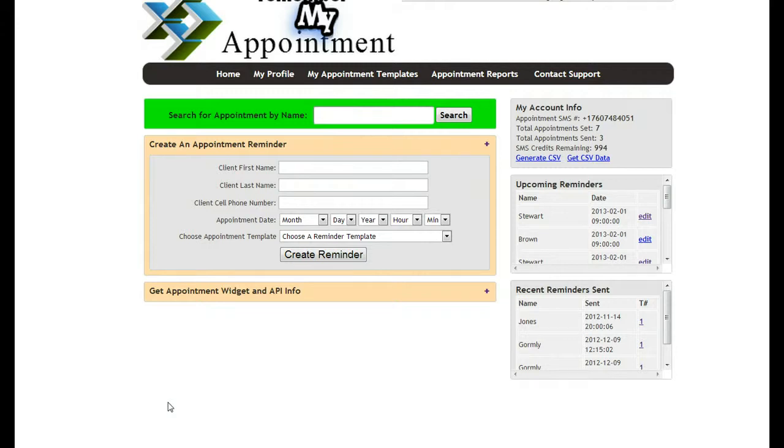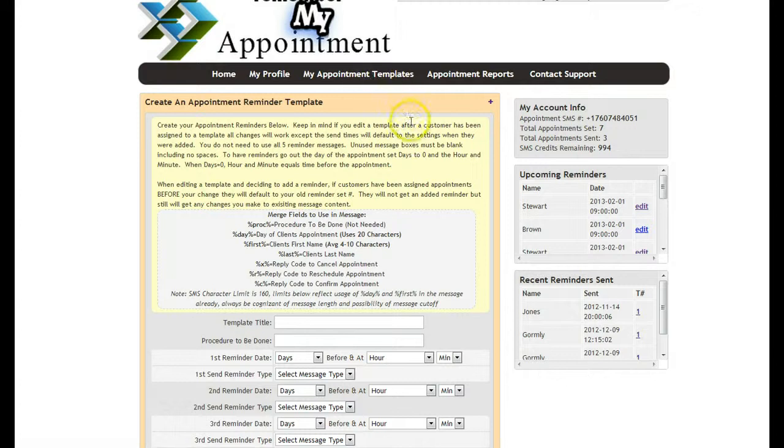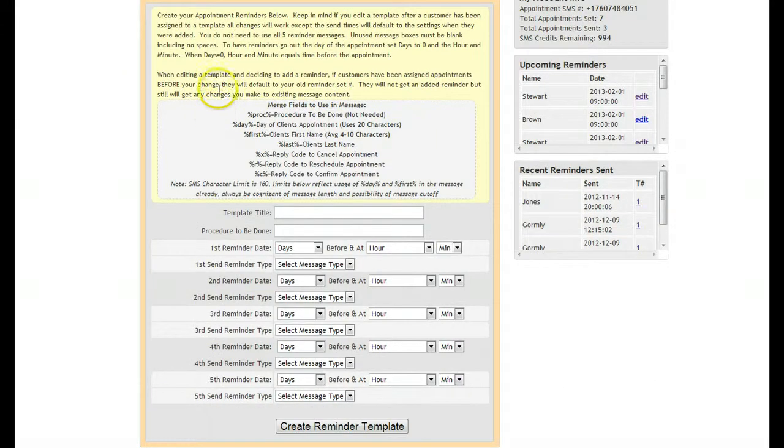The program is designed and does run off of templates, so they're very important to you. Easy to set up, but very important. So to create a template, we go to My Appointment Templates on the menu up here, click on it, and this page opens up. It's important to read all of this data right here, and also important to understand these variables such as